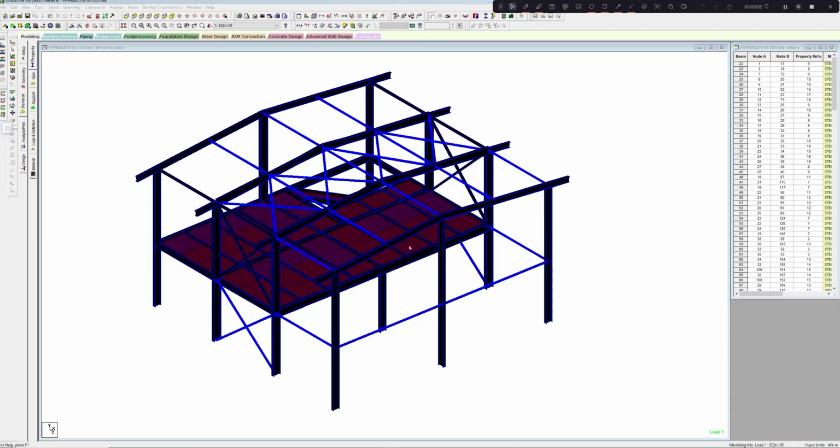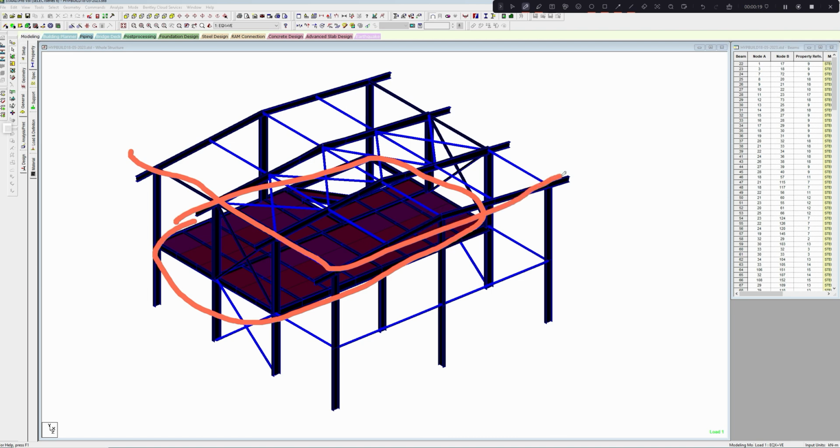In this section, we shall discuss the GA data to be provided to the structural GA detailer at first floor level, that is this level, and the roof level. So now before proceeding ahead,